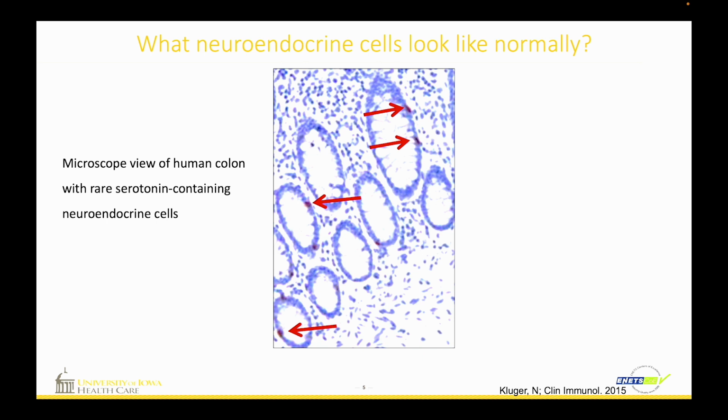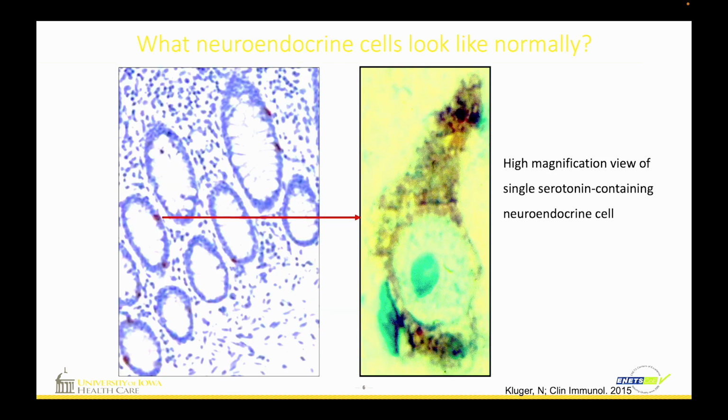This is a biopsy. This is what a pathologist would look at if they had a colon biopsy. All of the blue stuff here is usual colon cells and other structural cells. But if you look carefully, there are little red-brown cells here. You have to squint. Those are staining because they've got serotonin in them. They're neuroendocrine cells, about 1 cell in every 100 in areas of the bowel.